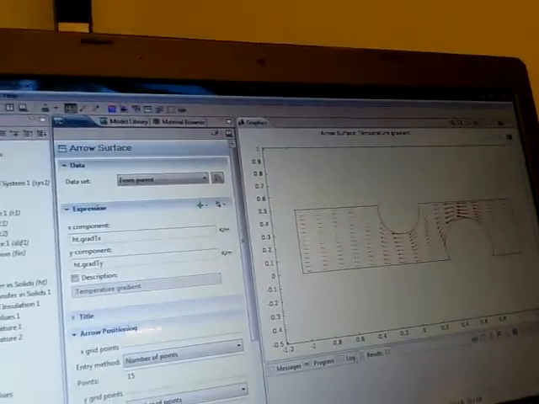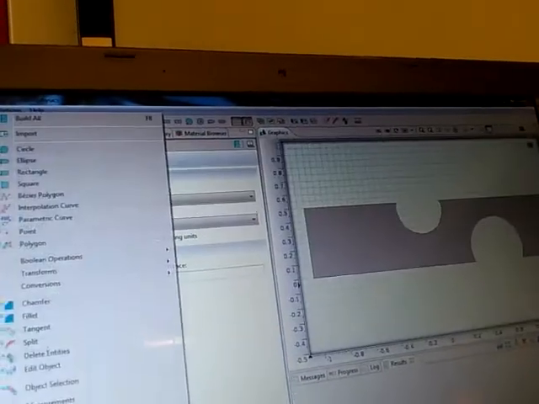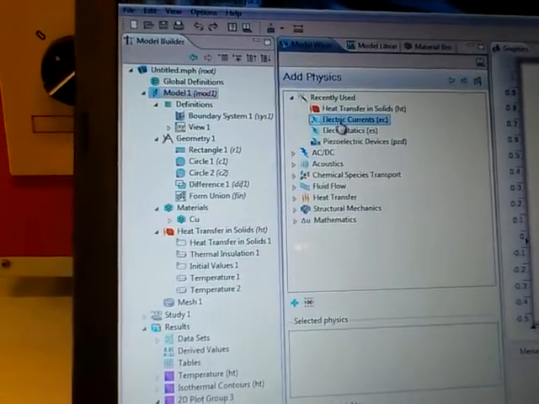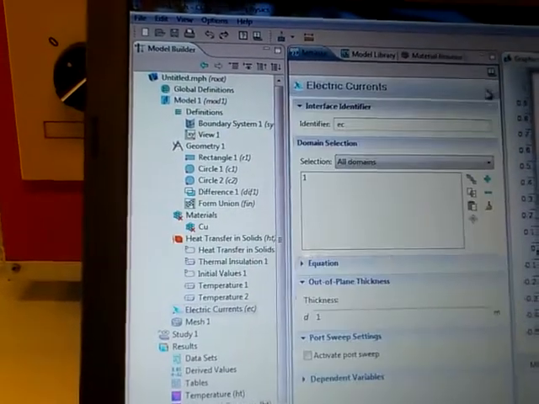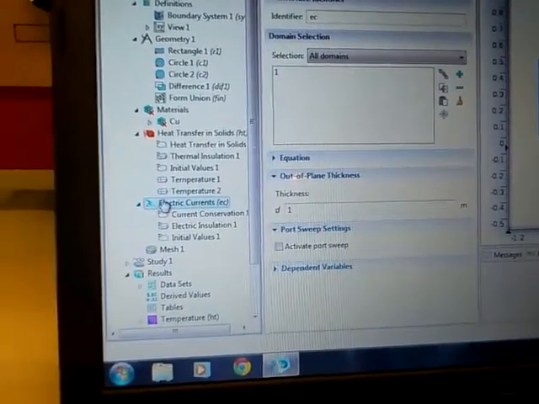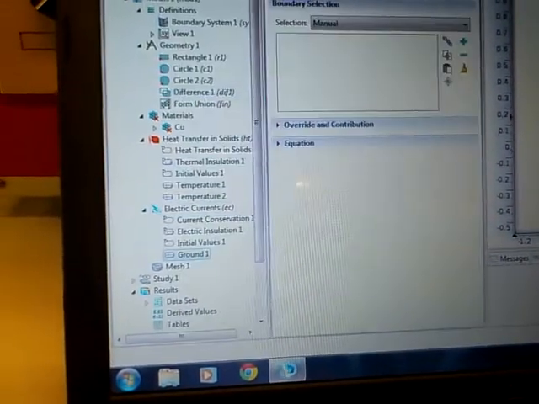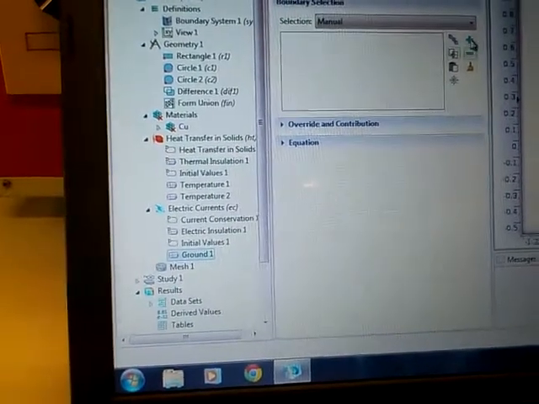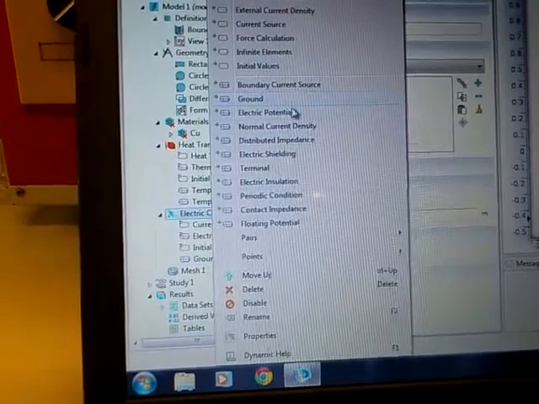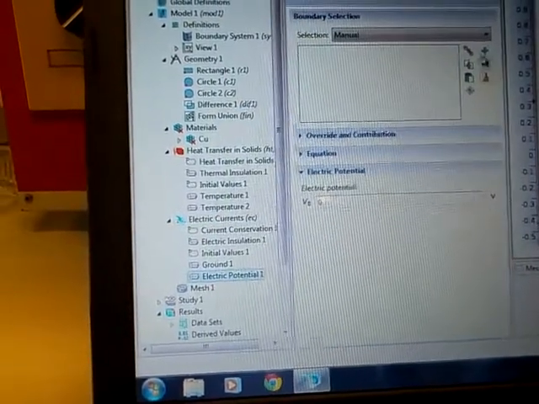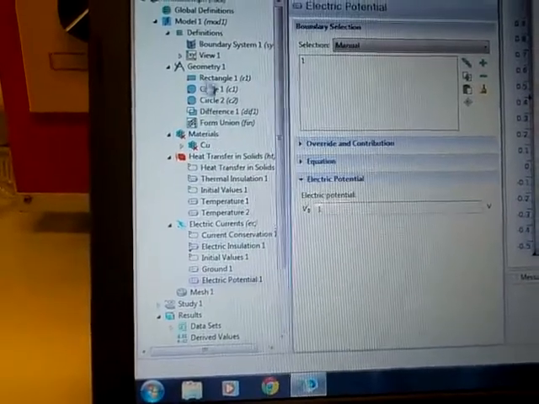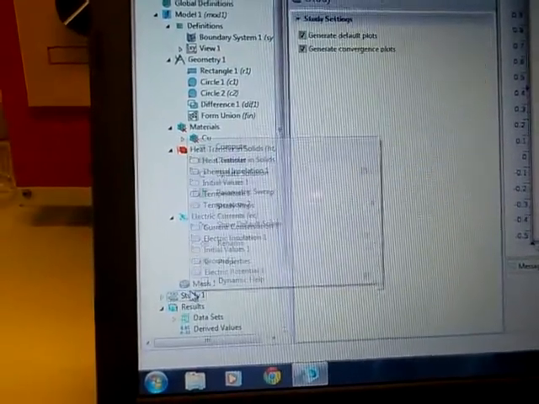What we're now going to do is we're going to add physics. So we select our model, click add physics, and electric currents. Finish. At this point, this is going to be our ground. This will be a 0 charge point. Now we're going to add an electric potential to here of 1 volt. If we now calculate this again,